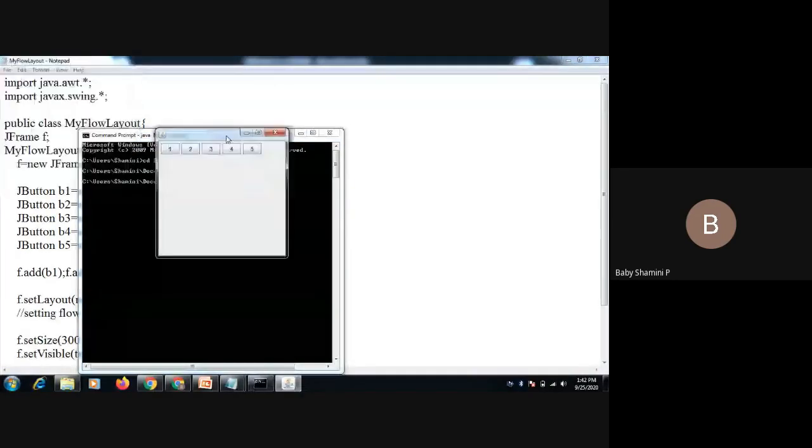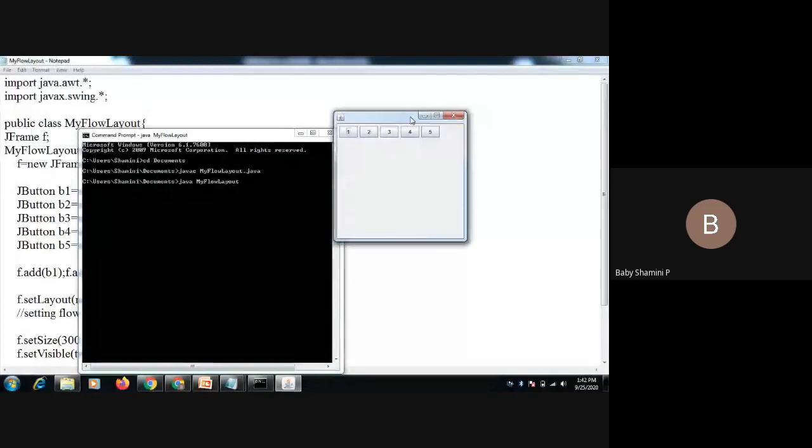This is the demonstration of left alignment. From left to right, it arranges all the components. Right alignment means from right to left, it arranges all the components. So this is a demonstration of flow layout.